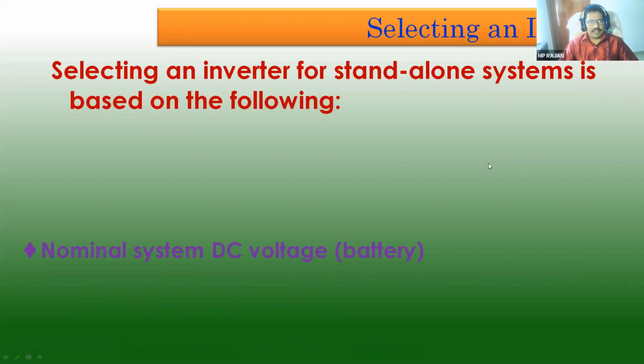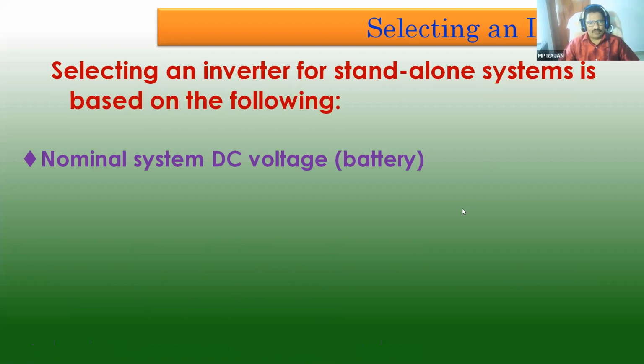Now, selecting an inverter, what are the factors we should take into consideration while selecting the inverter? In the market, you will get plenty of inverters. One thing I'll tell you in advance, whatever solar equipment components we are selecting, we should ensure that all are approved by MNRE, the Ministry of New and Renewable Energy, the government agency, and there are so many government agencies like NFTC. Electrical wires, everything should be MNRE approved. You have to go for MNRE approved components for installing the solar plant. That only is giving you a guarantee.